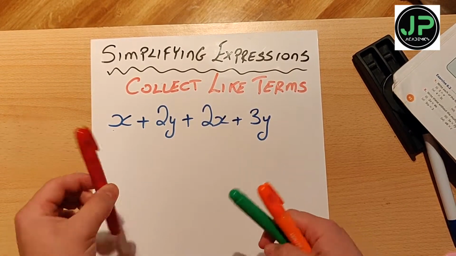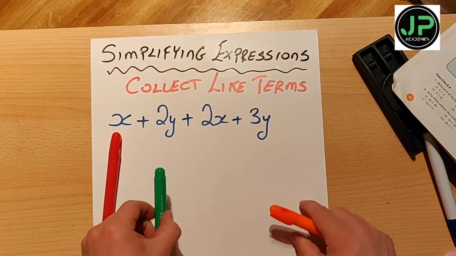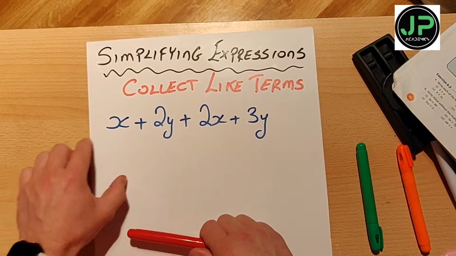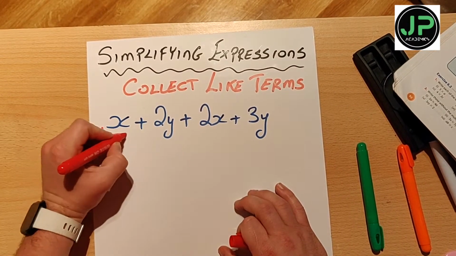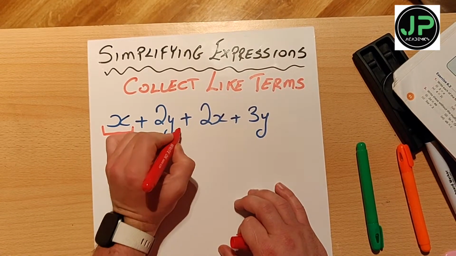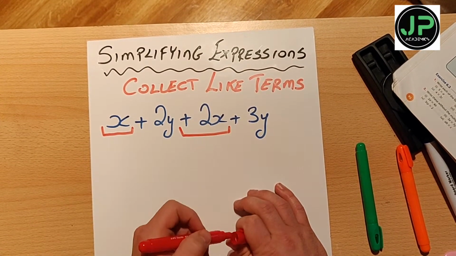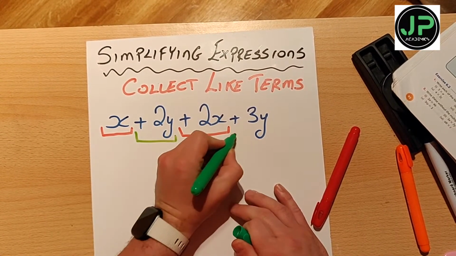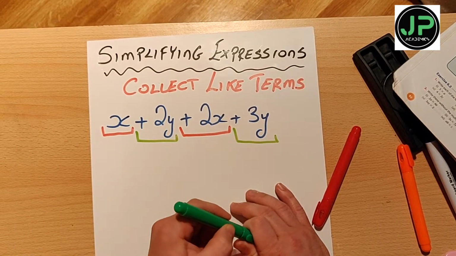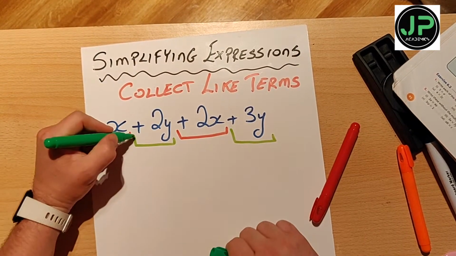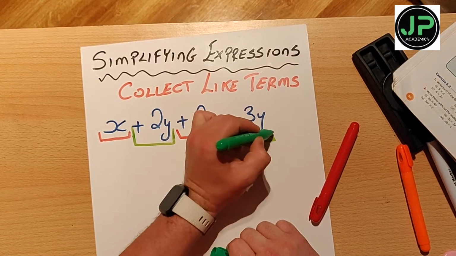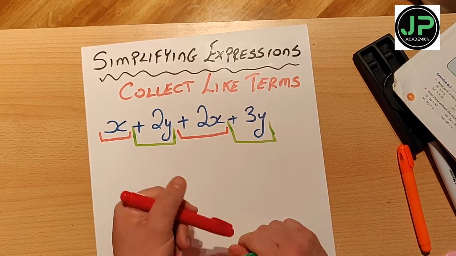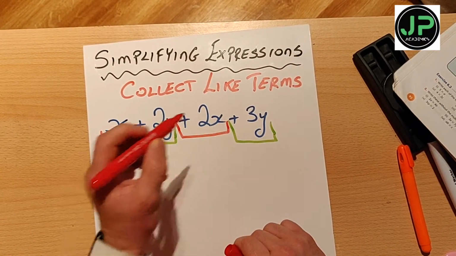I'm going to use red for the x's. I'm going to use green for the y's. So with all the x's, I'm going to put just lines under there, a line under here, and for the green one, there and there. Now, as you can see, I have included the sign in front of each variable. That plus is plus 2x. It has to be included,